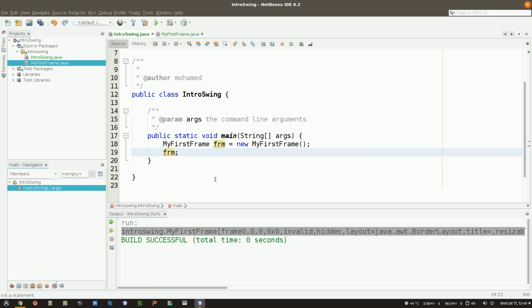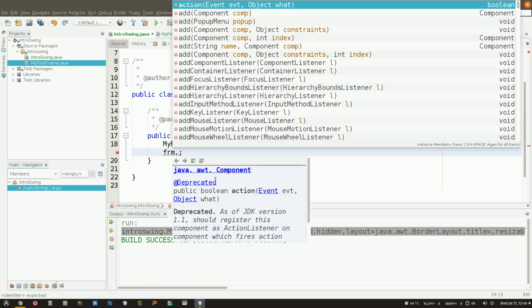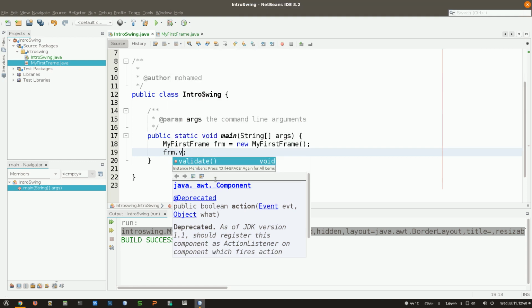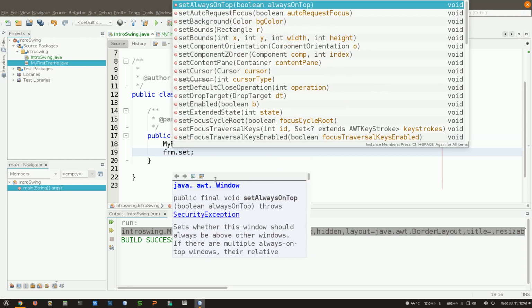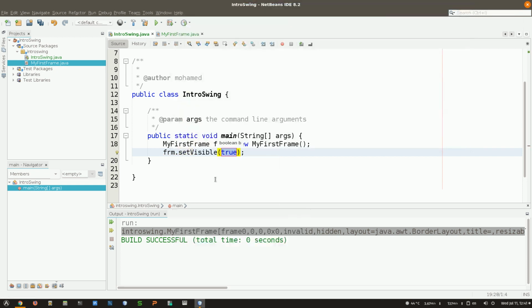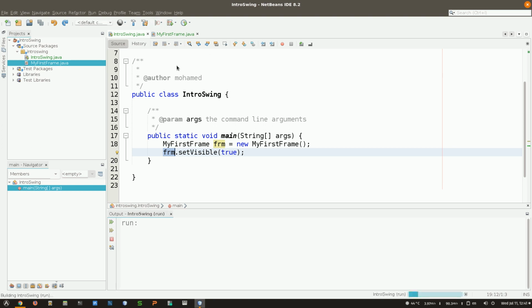So if I'd like to see this, I need to do something like display or show or... Yes. There's something called setVisible to be true. Now doing this means that this frame, which is my first frame, is to be true, which means I'm going to see it. And if I run this thing,